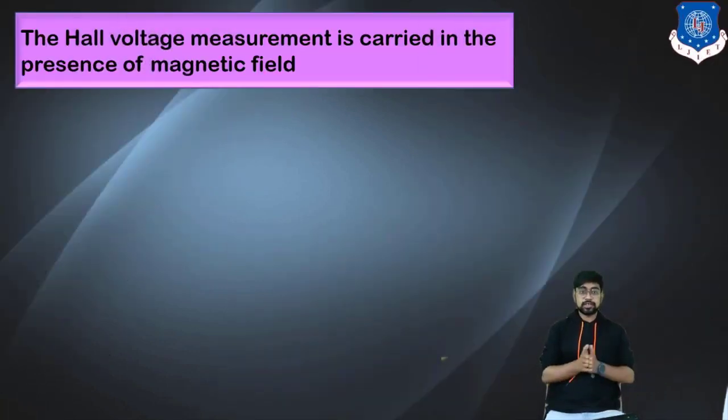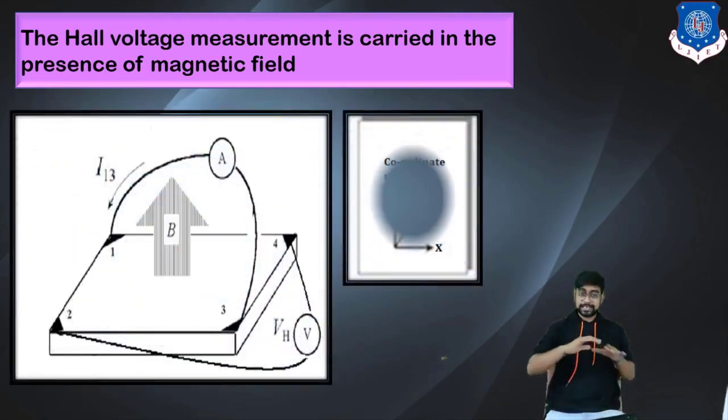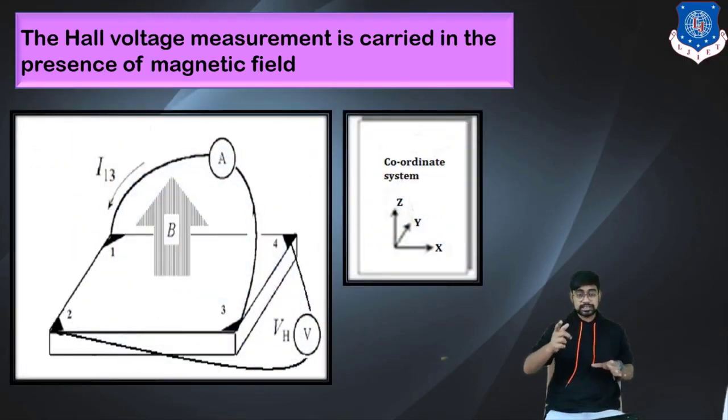So you can see that the Hall voltage measurement is carried out in the presence of a magnetic field. You take the same slab, but the only change is that you are taking the cross reading. It was an adjacent reading earlier, but here you can see the cross reading, and the second change is that the magnetic field is applied. When the magnetic field is in the upward direction, the force exerted is on this side, and when it is in the downward direction, the force exerted would be on the opposite side. So on the basis of the magnetic field, you will get two potentials for the same setup.